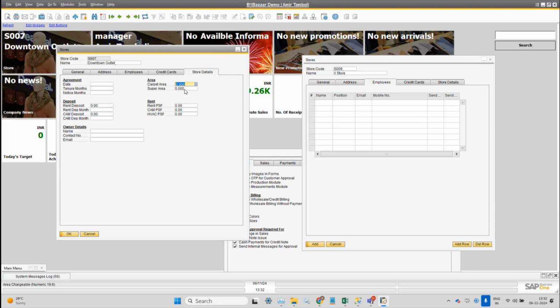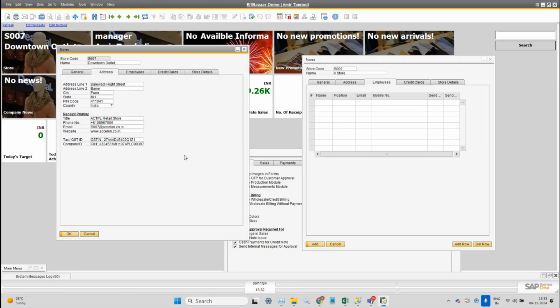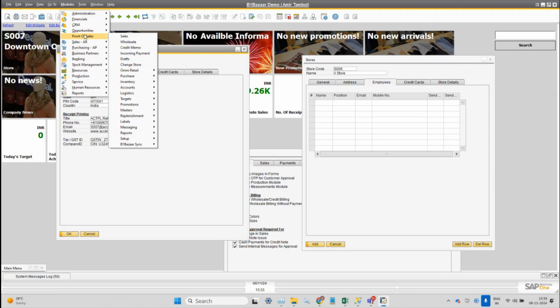The store dimensions can be entered, and further the deposit has been given, or some of the owner names. So the store related details can be entered here. When you put the address, you have configured your stores. So when you do this, now you can do your